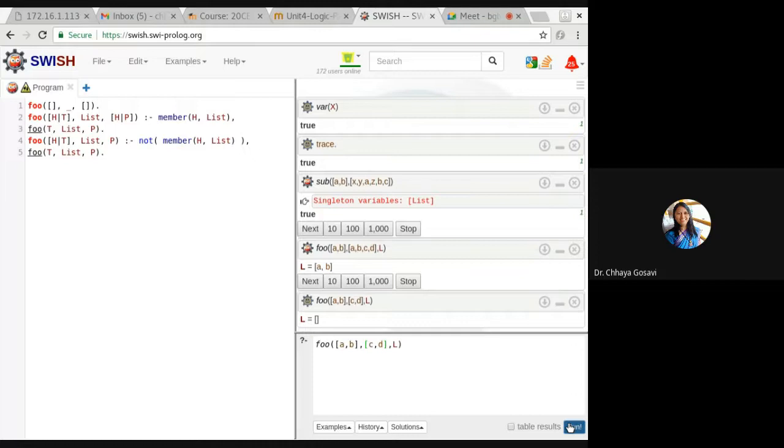If the members in the first list are not members of the second list, it will return a blank list. So if it is null, then it will return null. P is null. But if it is a member of the list, then it will return the list as it is. Otherwise, it will return null.